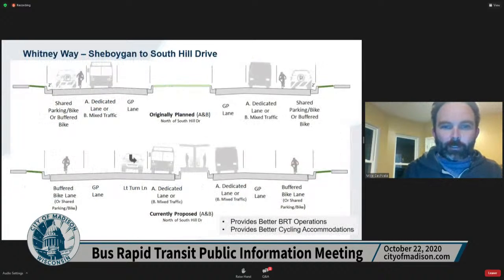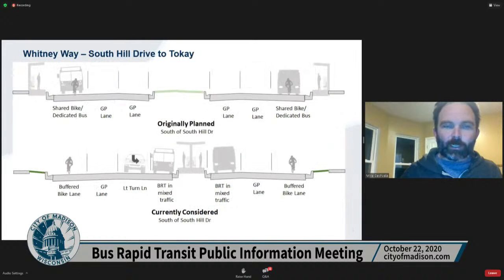So again, here I'll direct your attention to the cross section at the top, which is what we originally planned, and basically what's existing today: the shared parking and bike lane, and then two general purpose lanes, one of which would have been converted to bus only. And then the cross section on the bottom would be one buffered bike lane, one general purpose lane, and one bus only lane in each direction, and then separate left turn pockets to accommodate the left turns and stations in the middle. As we go south of South Hill Drive,